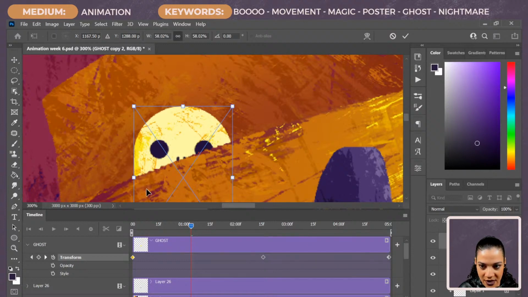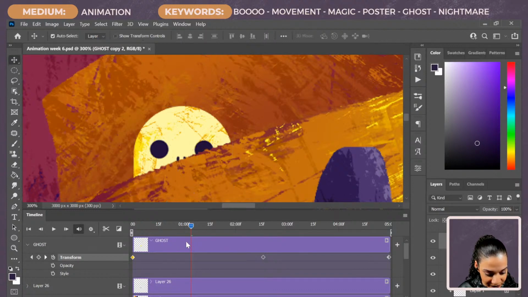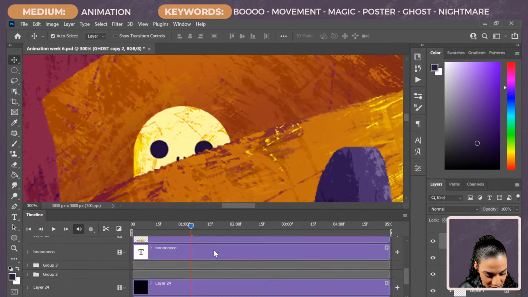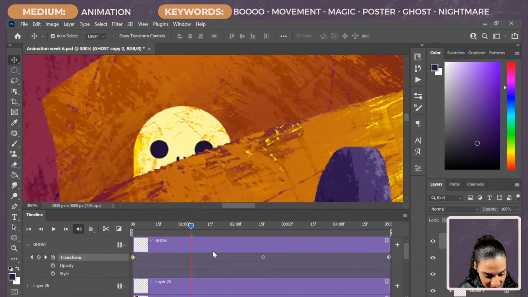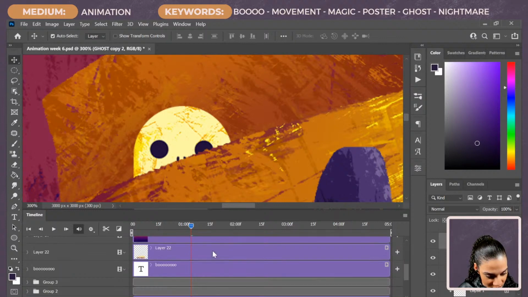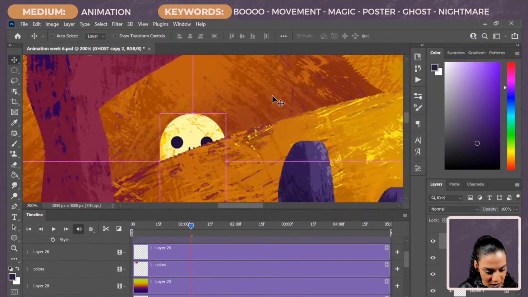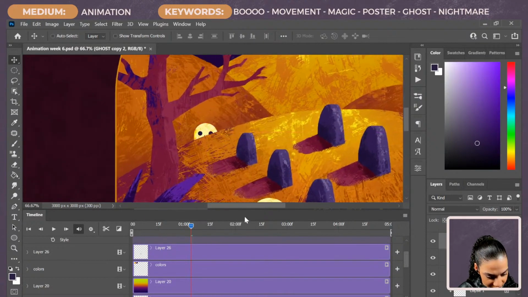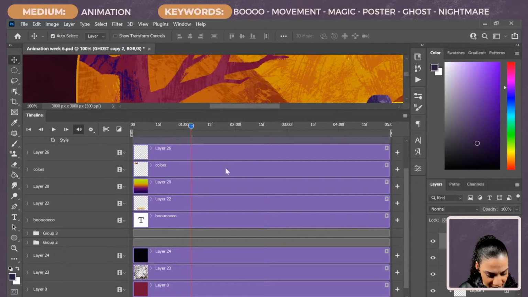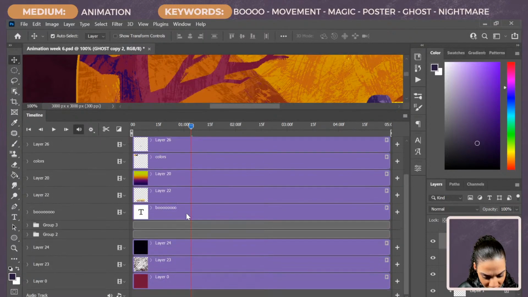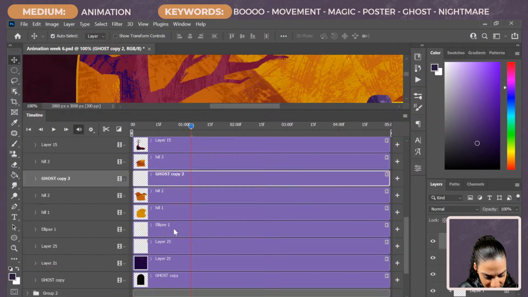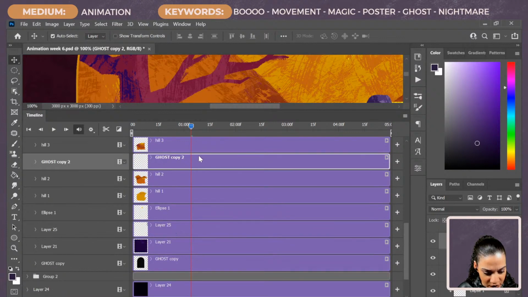So what I'm also doing is I'm trying to remember where his ending point is. So if you notice here, I've got this lined up just for myself, where it intersects with this edge. So I'm gonna put him there. And let me find him. Where did he go? I'm gonna pull this up here so I can look at everything. Oh, he might be in here. Let's see. Yeah, ghost copy right here.